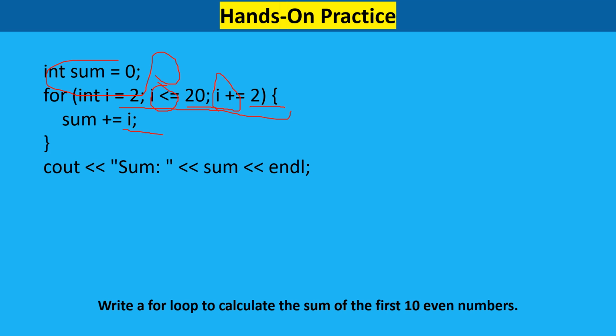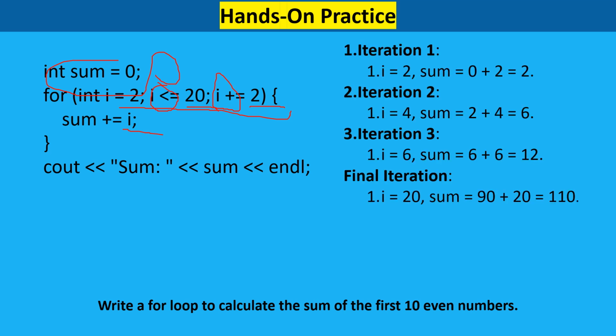For example, in the first iteration I is 2, so sum equals 0 plus 2 equals 2. And in the second iteration, I equals 4, so sum equals 2 plus 4 equals 6, and this process repeats until